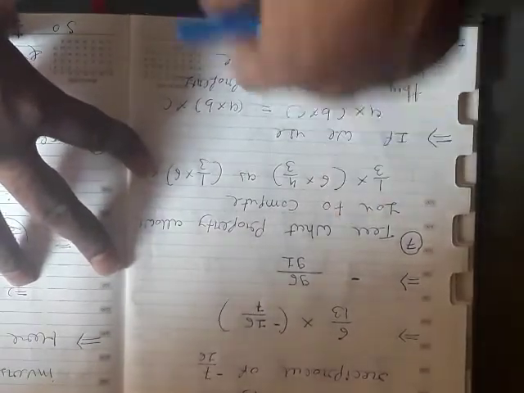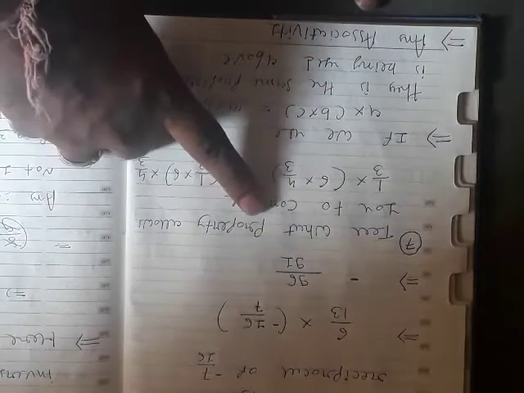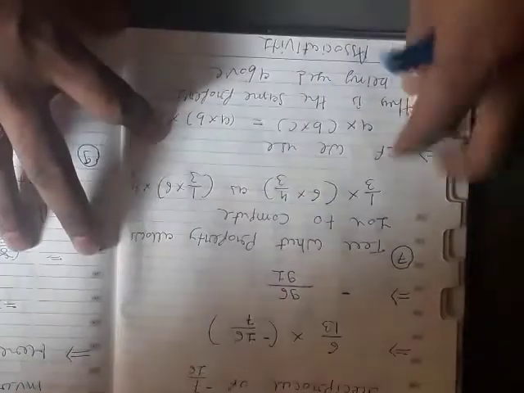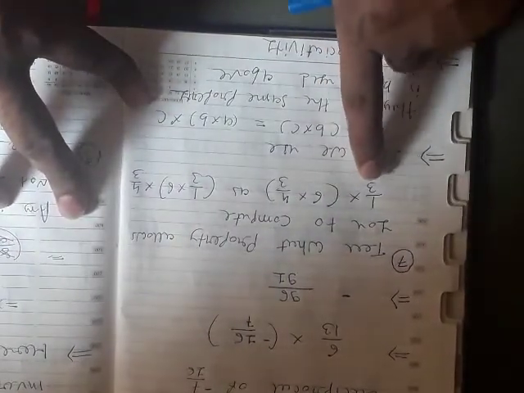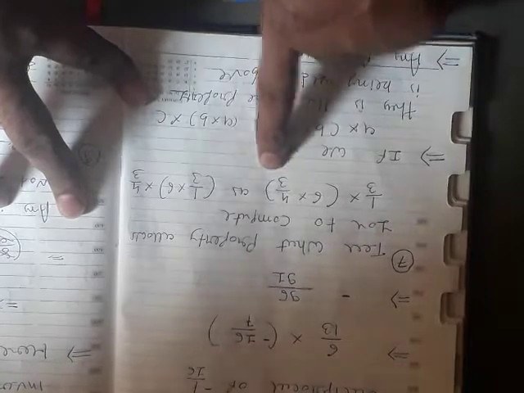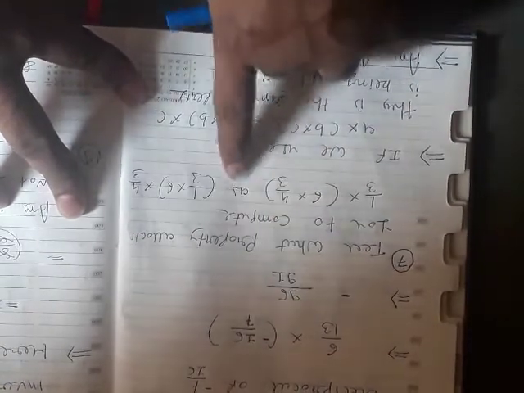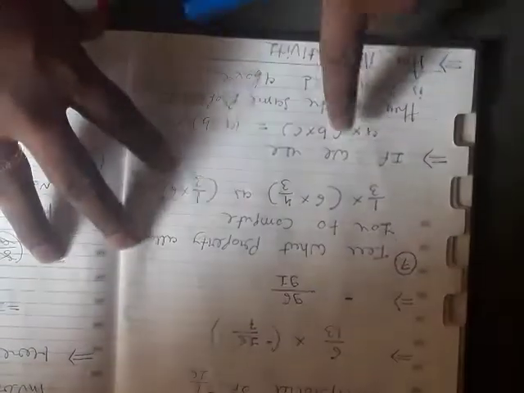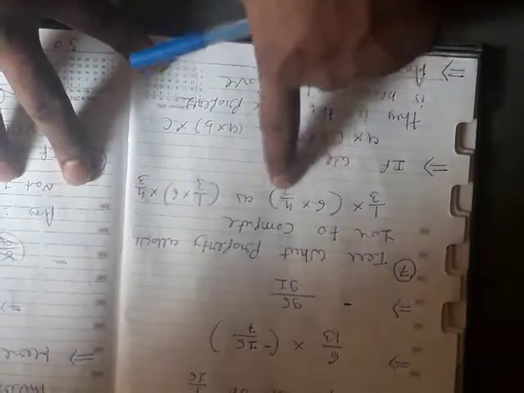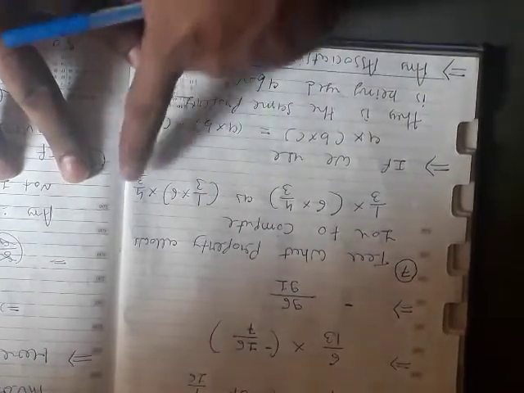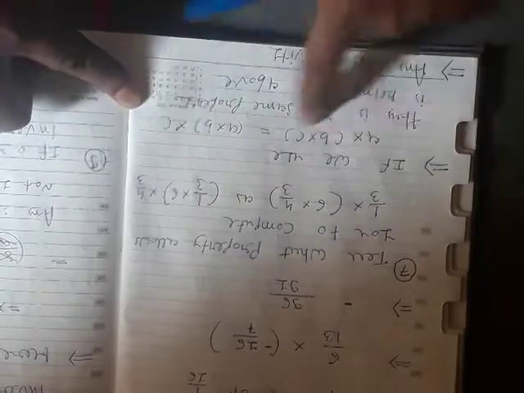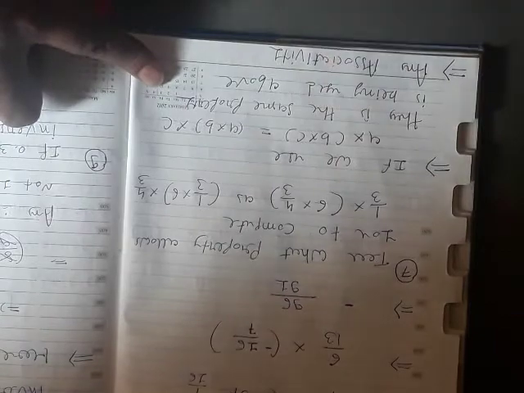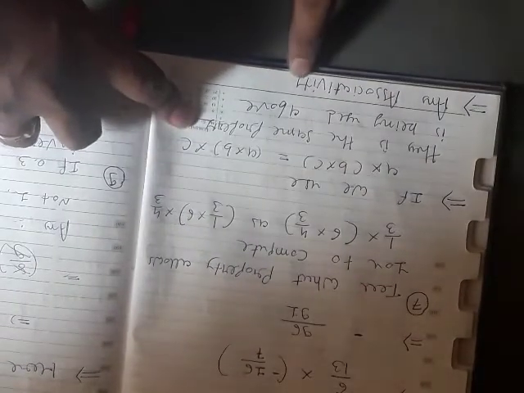Okay, the next question is, tell what property allows you to compute this. Now here is a question of 1 by 3 into 6 into 4 by 3, and we have to compute it as 1 by 3 into 6 into 4 by 3, grouped differently. What we have done here looks like this: A into B into C is equal to A into B into C, regrouped. If we compare it, it looks like this. Now we already know that this type of condition is known as the associative property.